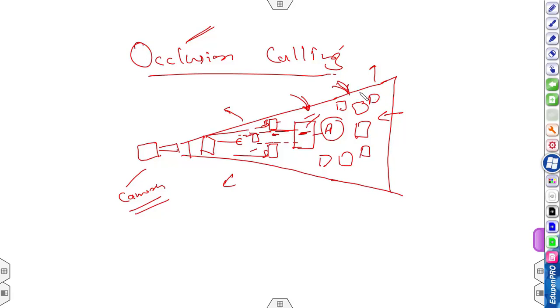If a game object is occluded by any other game objects, separately or collectively, we do not require rendering that game object. This occlusion culling is an open challenge or open problem, and various research is going on this topic, and still we don't have any exact solution for this.